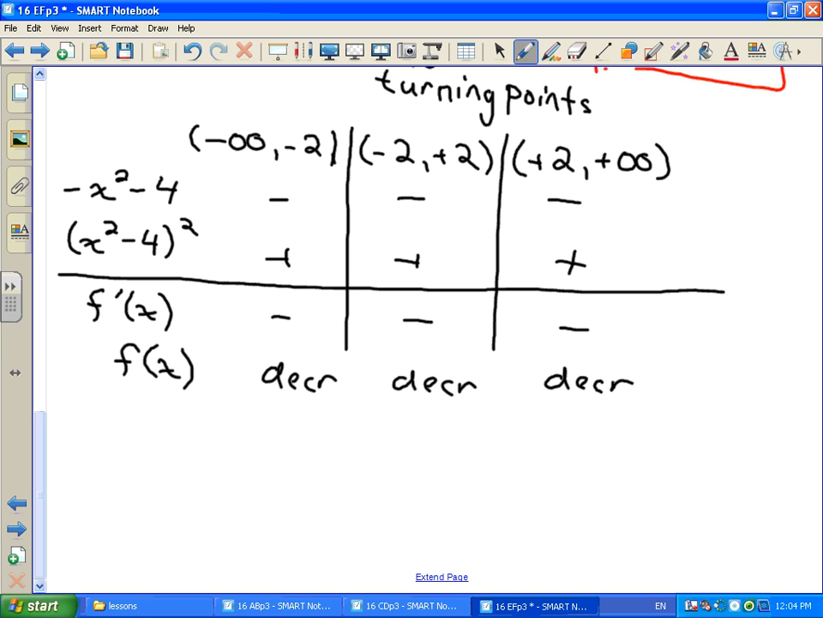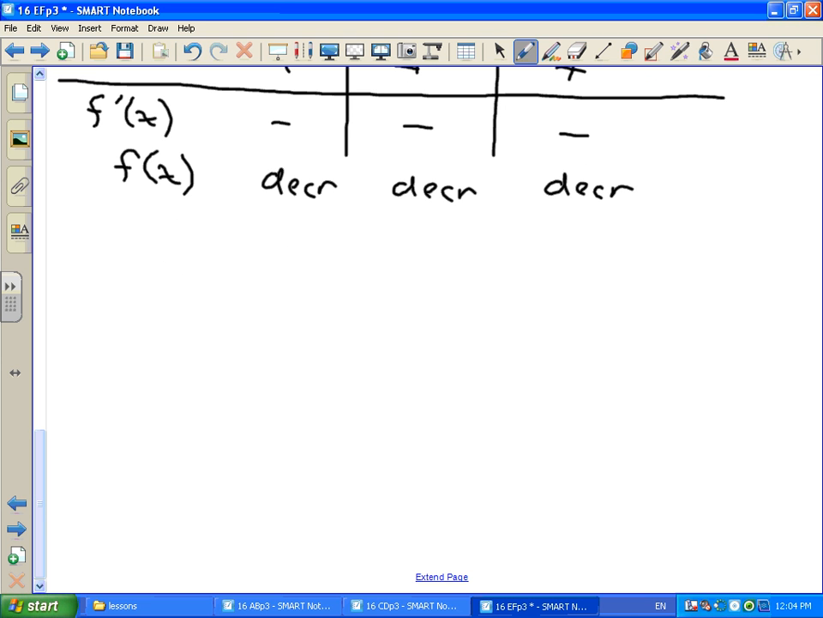That last one would be positive, because the negative sign will make it negative. Okay. So 6 and 7, we want to check points of inflection